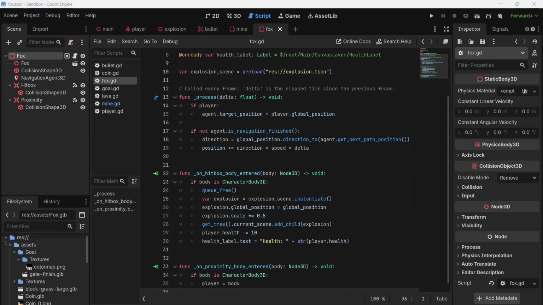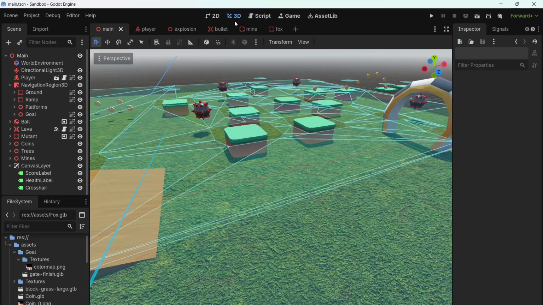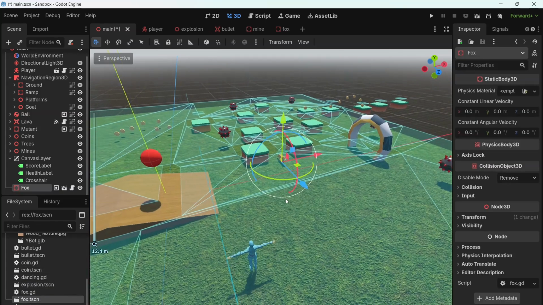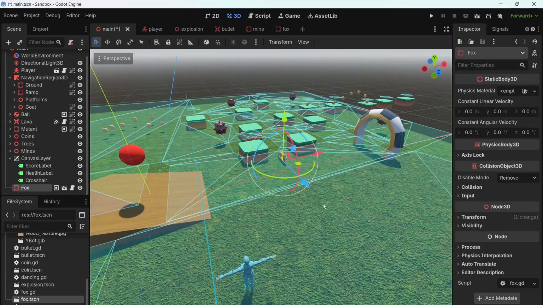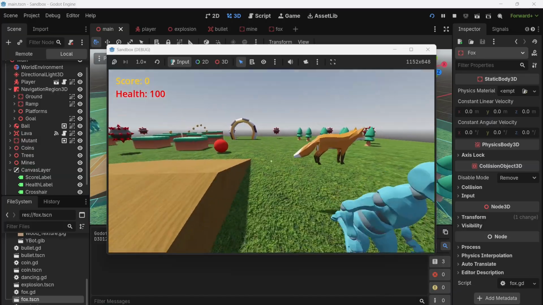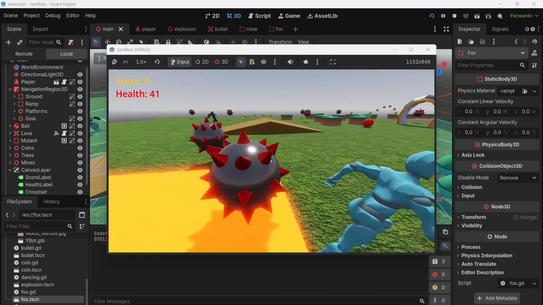Before we add any new code, let's just check out how our fox looks in game. I'm going to go to my main scene, and I'm going to drag in a fox.tscene. I'm going to put it far enough away from me that it's not going to trigger the proximity field. That way I get to see what it looks like when it's standing still and what it looks like when it starts chasing me. And you'll see it's a floating fox, but it does follow me because it's got exactly the same script as